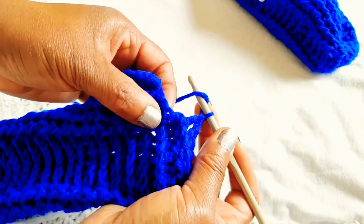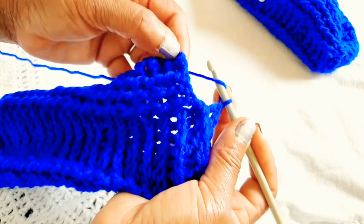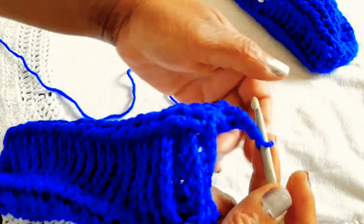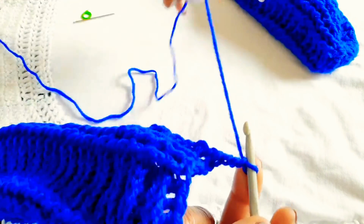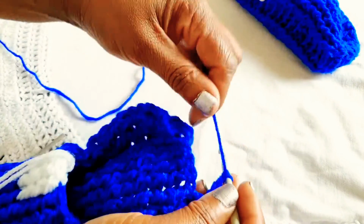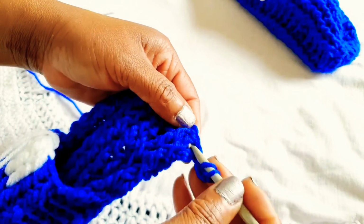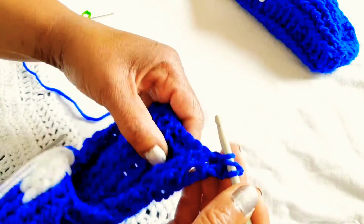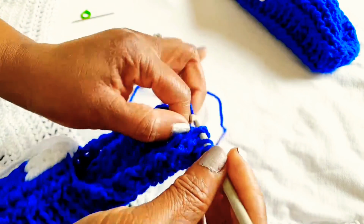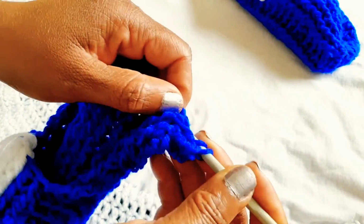And then you're going to do 3 front posts, and then 3 front posts, 2 back posts, and 3 back posts in this case, and then a chain 3, and I'll meet you there. So I've done my chain 3 for row 22. That would be your final row for the sole and the sides right here, guys. So I'm going to do 2 back posts, because your chain 3 counts as the first one, guys. And then 3 front posts,